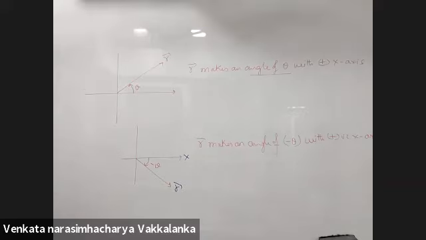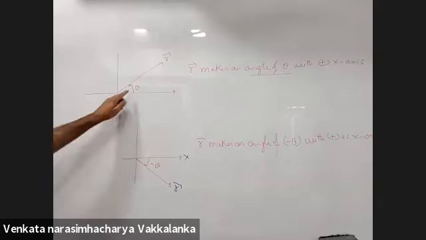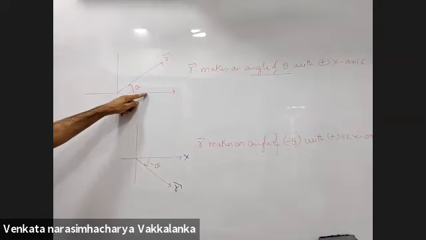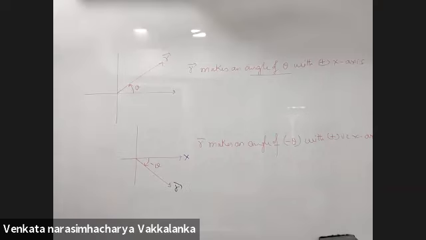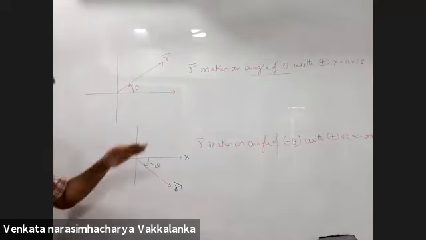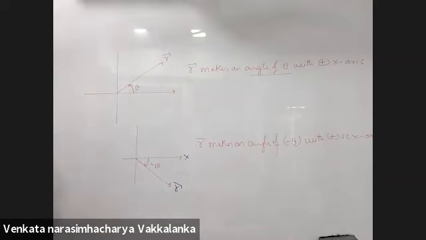Sir, in both diagrams where the arrow is used to show the direction in which you are measuring, right? From the positive x-axis, plus theta will be anti-clockwise, minus theta will be clockwise. So, sir, if we switch the arrow in the second diagram, it would become plus theta, right? But then you are not measuring from the positive x-axis. You are measuring from R to the positive x-axis. It is said with the positive x-axis, so I should take the measurement from the positive x-axis.